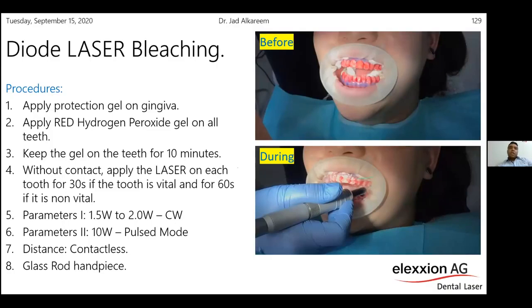You will apply your gel on the tooth and you will leave it for 10 minutes. Then you will go with the handpiece for each tooth. If the tooth is vital, it will take 30 seconds. And if the tooth is non-vital, it will take 60 seconds. So this is how to do the laser bleaching. It is much faster compared with the normal bleaching devices that you use in your clinic, because the maximum time for laser bleaching is around